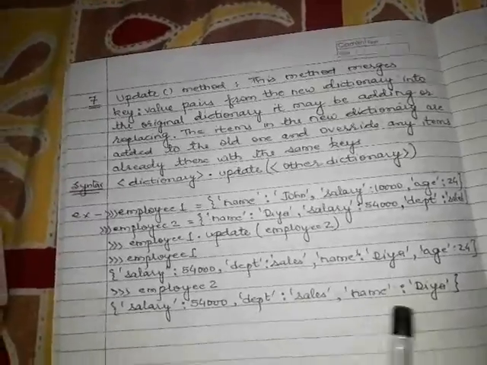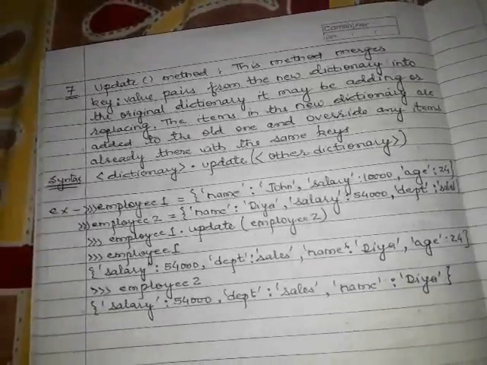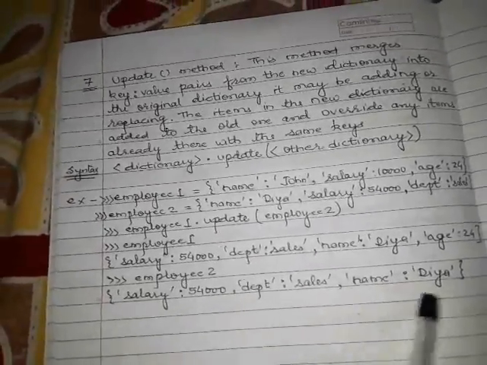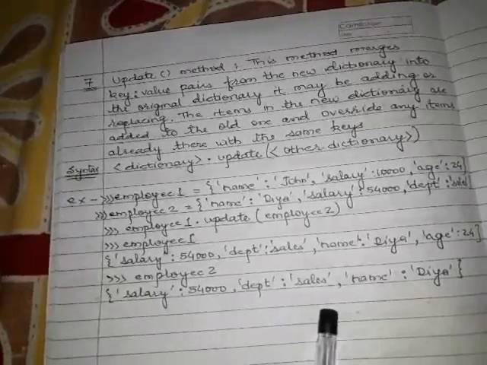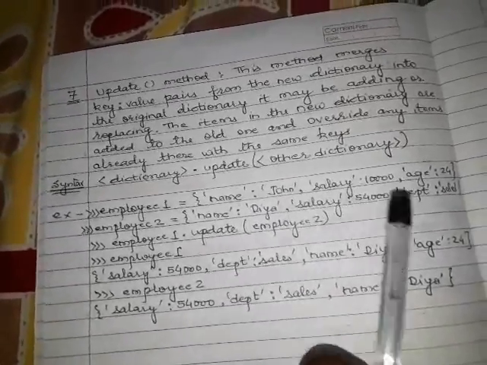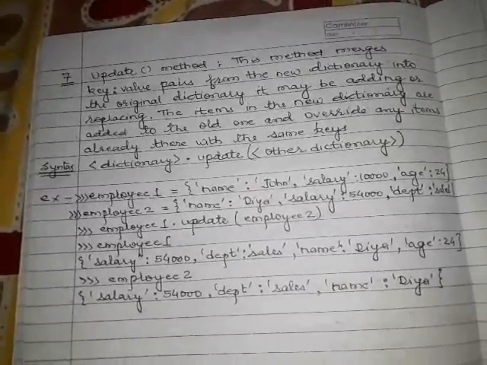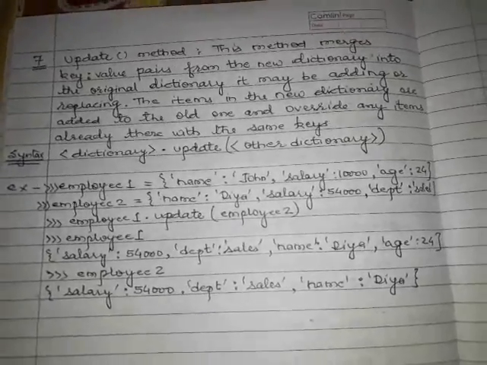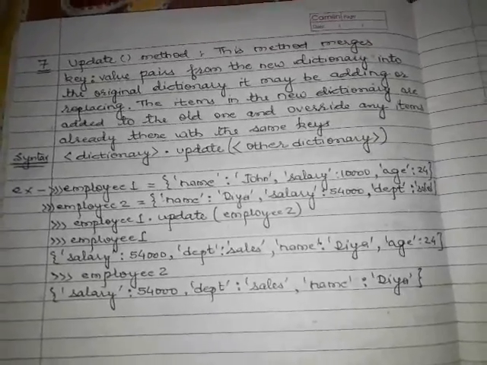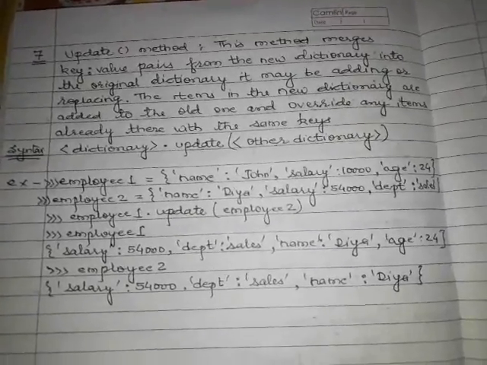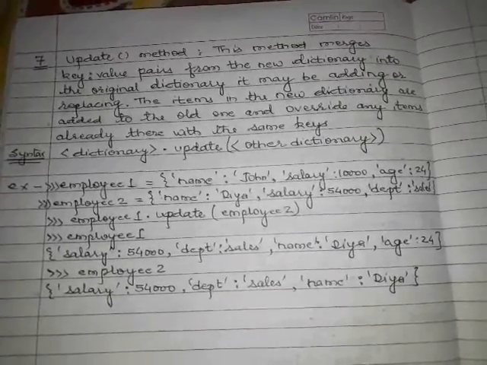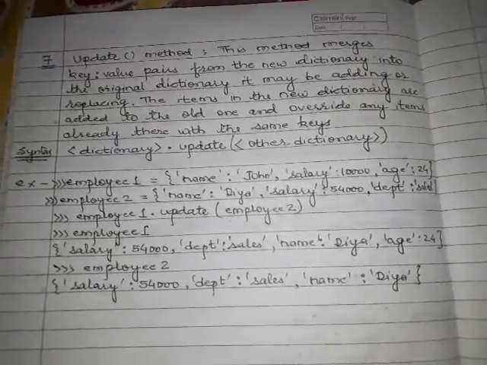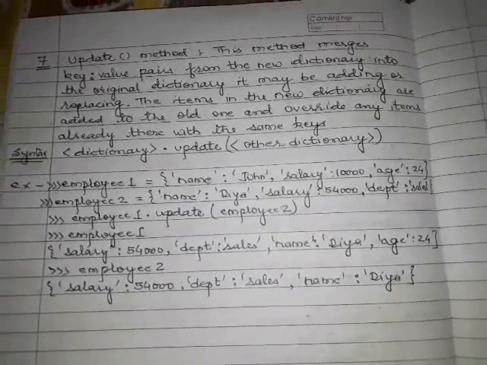Order is not fixed. I have already said that a dictionary is an unordered set of key value pairs, so the order will change each and every time you display the dictionary. It is not the same as you wrote during initialization. So these are the main methods regarding dictionaries. Go through this, write these notes in your copy and practice with them so that you are familiar with them. If you don't practice, it will be difficult for you in the last moments or during the examination. So keep updated and practice all these methods which I have taught today.